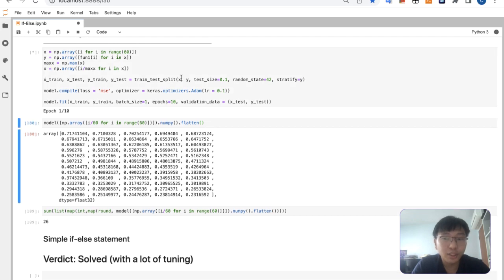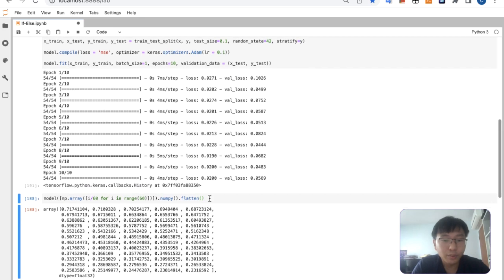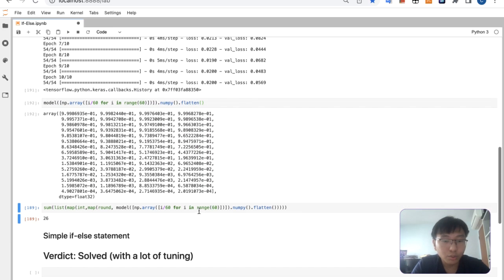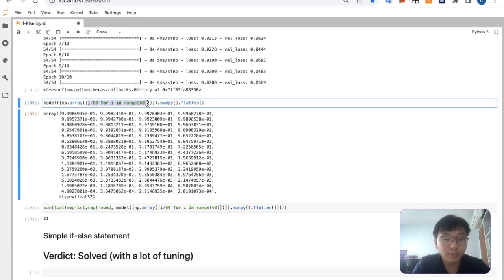Okay, so this is actually the first, most simple test. I expected it to do quite well. Didn't expect to take so long to tune it. Okay, 31, which means that it's correct. It has predicted correctly. I mean, we can even try to give it maybe the number